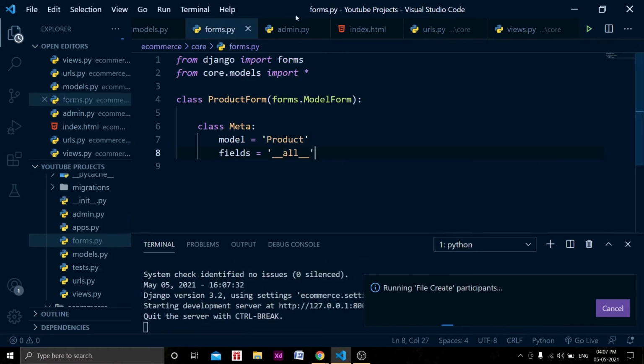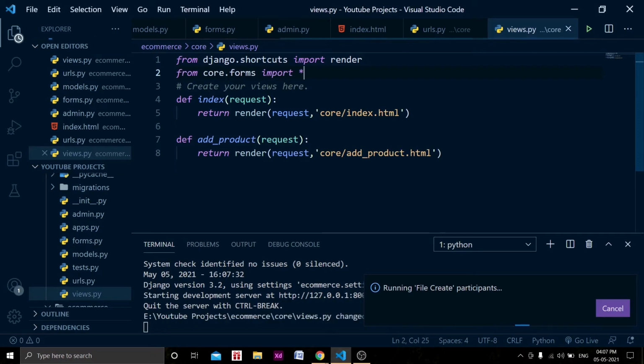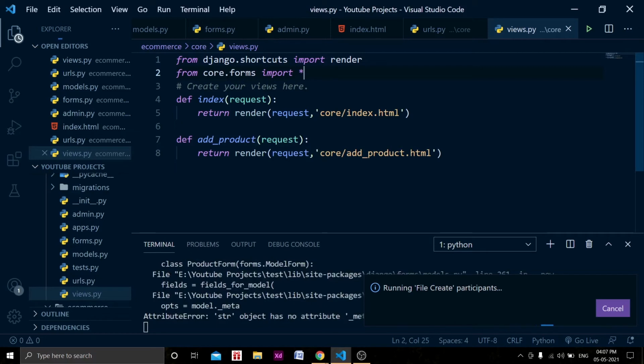So what we need to do, in the views.py file we will add that form. So from core.forms import all. Okay, so we will import all forms. I think this is the perfect way of doing that.